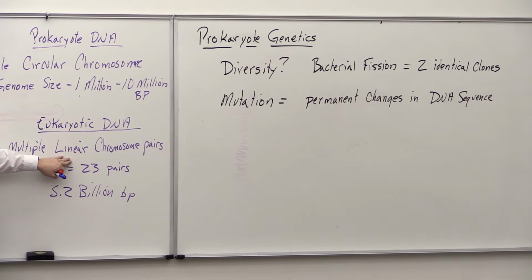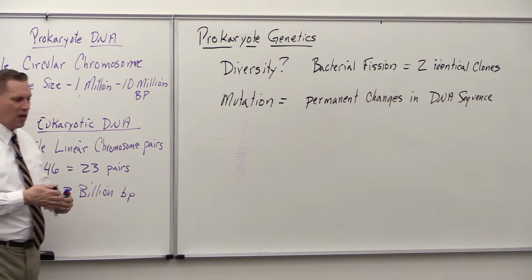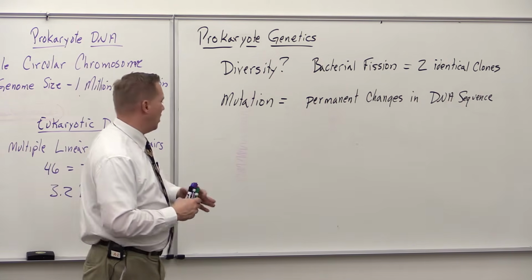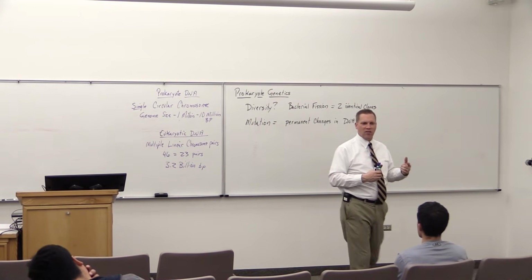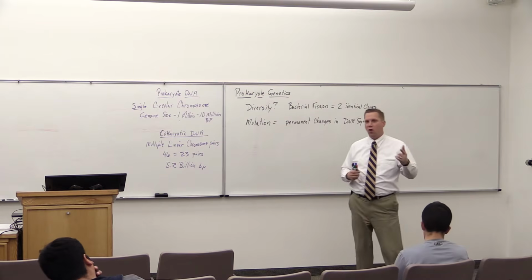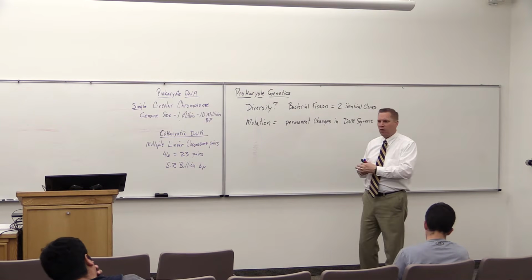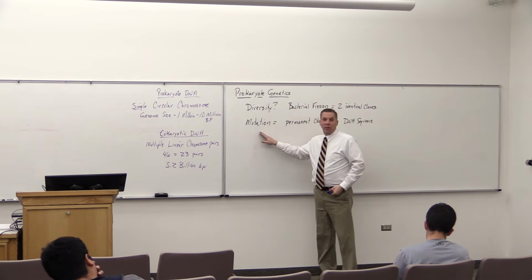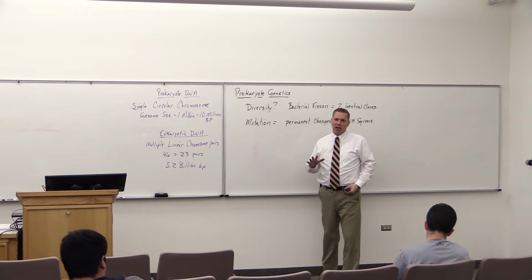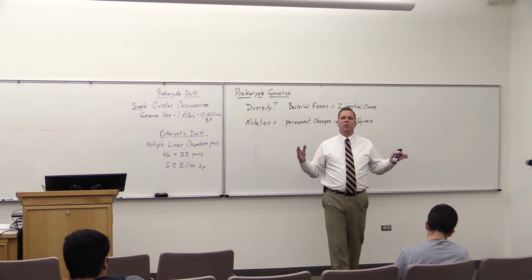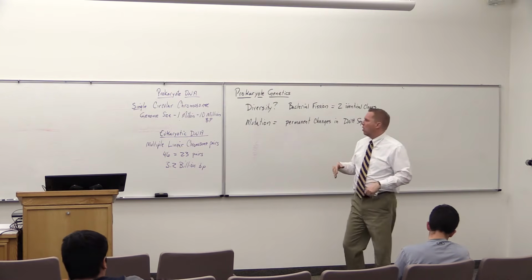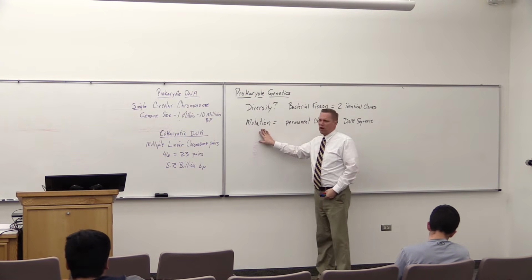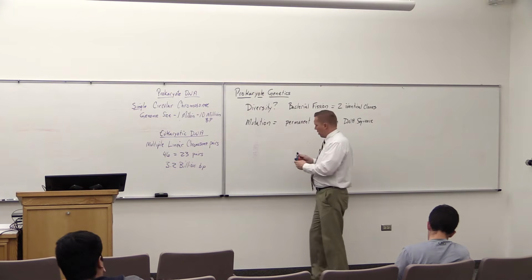Humans, eukaryotes over here with their chromosomes, they also will undergo mutation. However, there can be good mutations, so there can be mutations that provide additional function or added advantages to the environment. They're the minority. So most mutations, if we were to catalog them, would be deleterious, or they would be bad for that organism. And so bacteria, the way they get around this, they just have very rapid